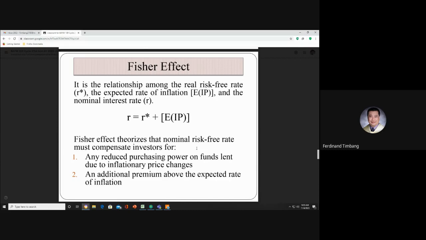Not only the inflation, but also other variables that you think are applicable. Kaya nga, minsan, the demand for the interest rates,